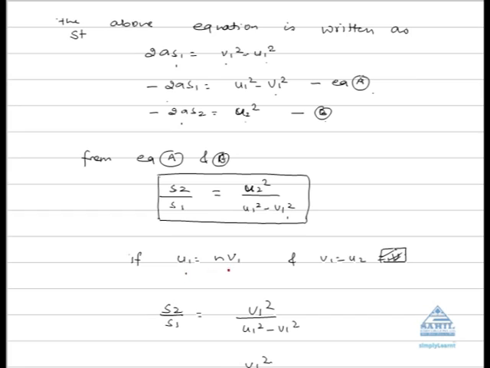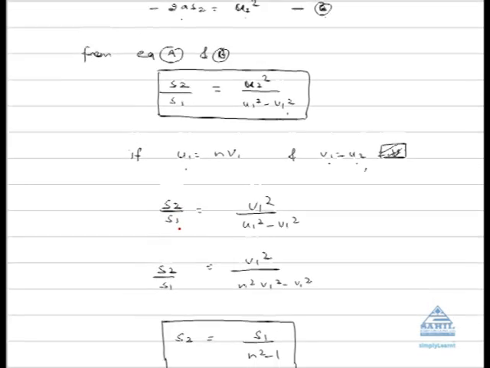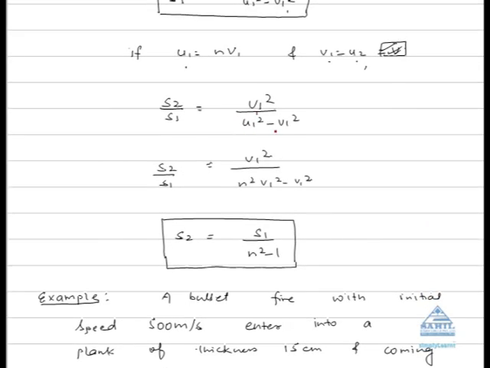If u1 = n times v1, that is, the final speed decreases by n times, then v1 = u2, because the final velocity of the first case is taken as the initial velocity for the second case. The same equation can be written as s2/s1 = v1²/(u1² - v1²). And if u1 = n times v1, then the same equation is written as s2/s1 = v1²/(n²v1² - v1²), and it is